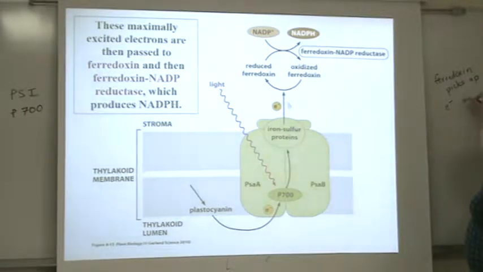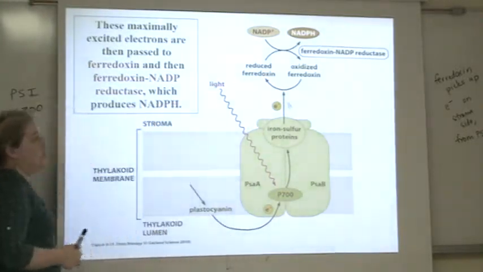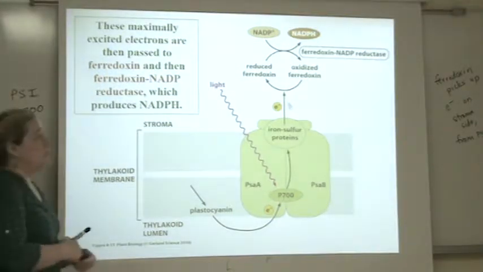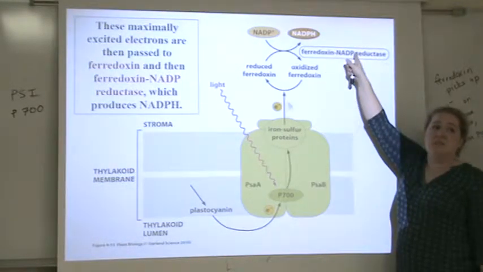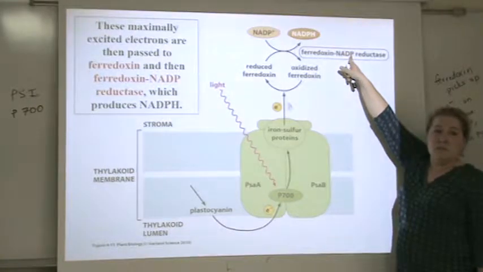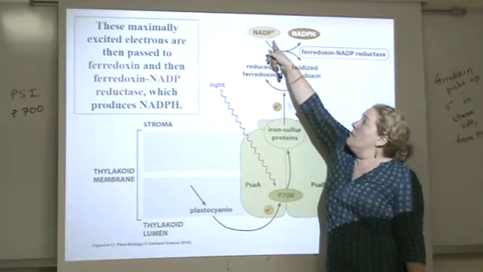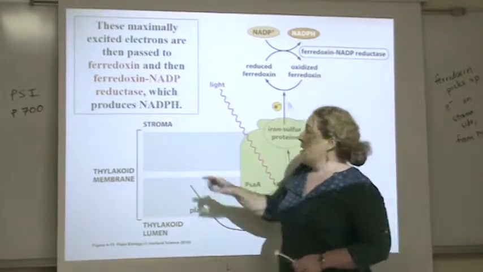So it's picking up electrons on the stroma side from photosystem 1. And it's going to carry the electrons to an enzyme called ferredoxin NADP reductase. And that enzyme tells you what it does. So it picks up electrons from ferredoxin and uses them to reduce NADP. It's putting electrons from ferredoxin onto NADP, forming a new bond, a hydrogen jumps on too, and then we get NADPH. And NADPH